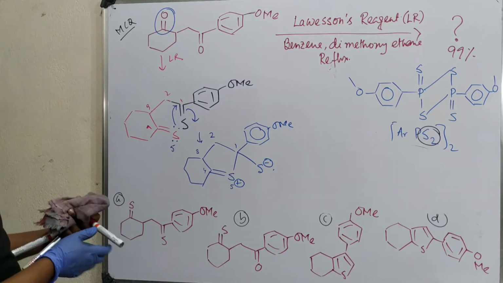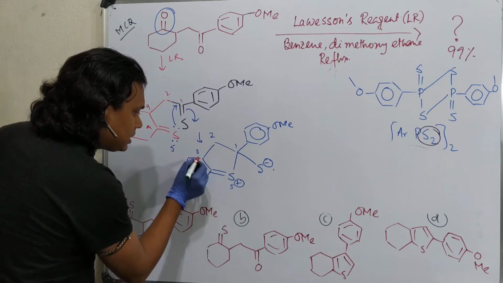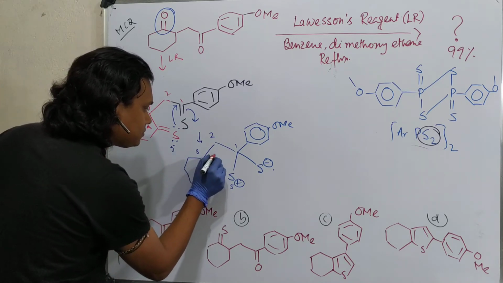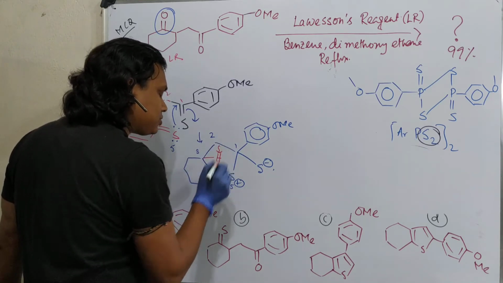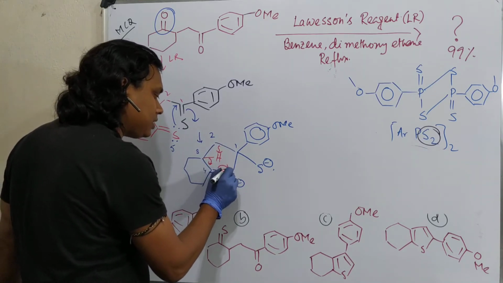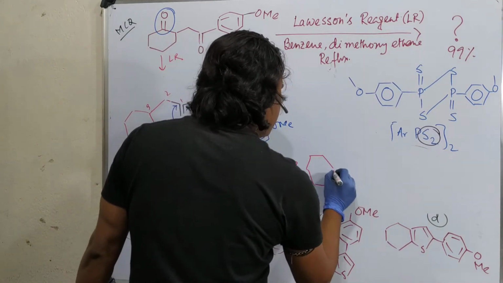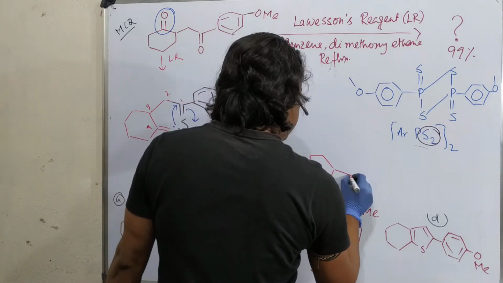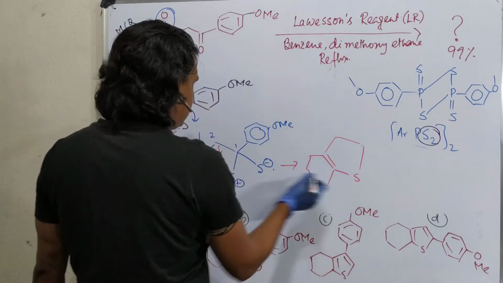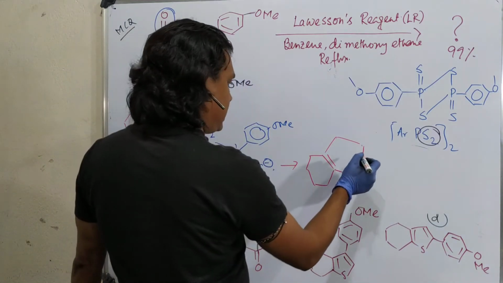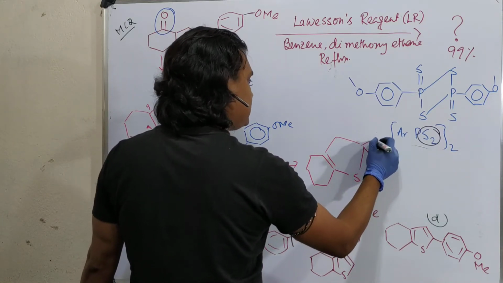Now what is expected? Just look a little carefully. See, this molecule has one hydrogen, so it can undergo tautomerization. This hydrogen will be abstracted by someone and it will come here. So what is the benefit? This is a 5-member ring with one double bond. After this, the sulfur became neutral, and this is S minus.